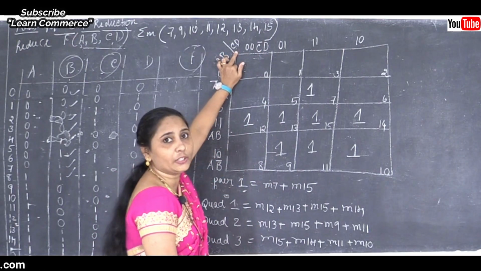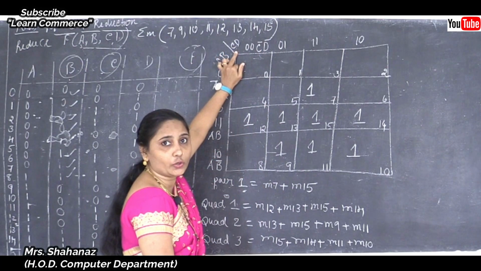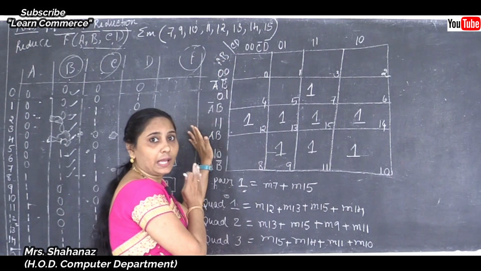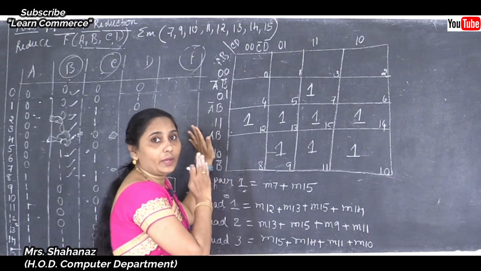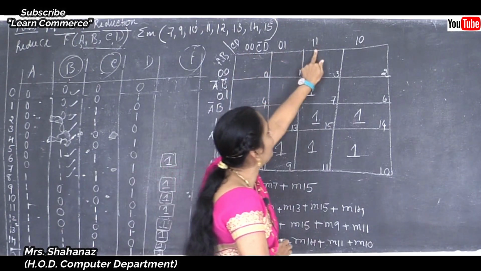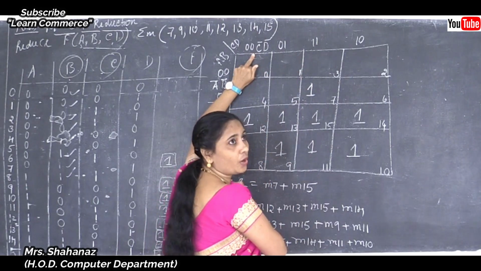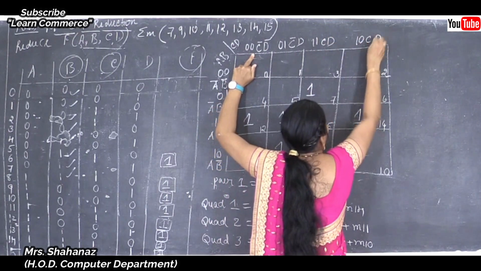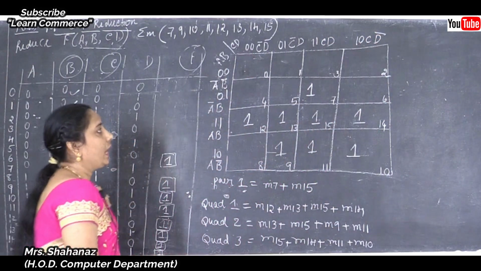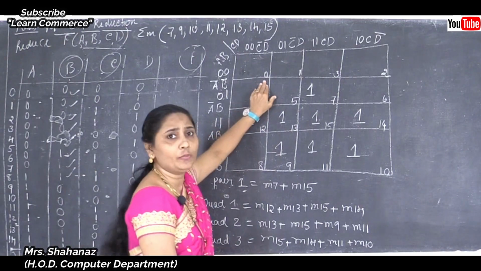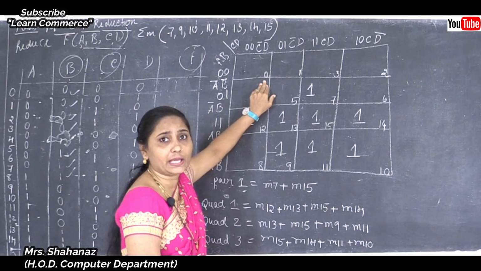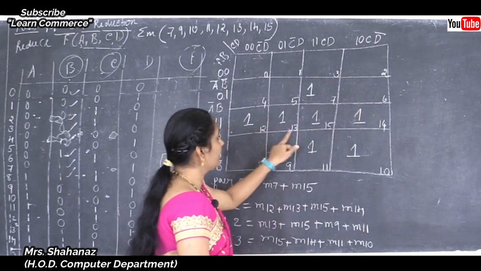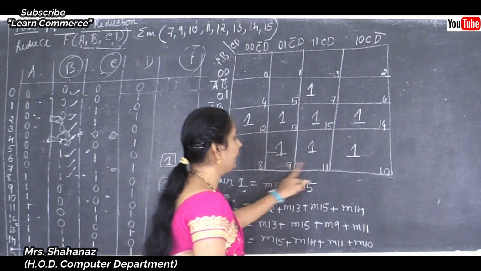This is at the top of the K-map, and again we need to use the binary code values, whatever we added on the left side. For the 4 variable K-map: 00, 01, 11, 10. So complement C complement D, complement C D, C D, and C complement D. And we know how to use the numbering scheme: 0 1 3 2 4 5 7 6 12 13 15 14 8 9 11 10.